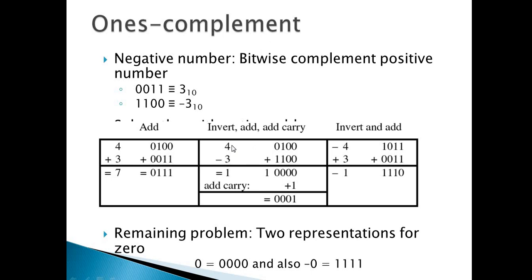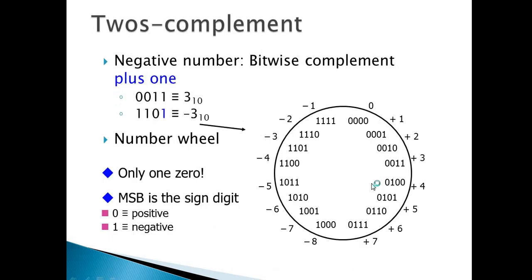So in ones complement, 4 minus 3, I will consider it as 4 plus minus 3, and I will add the ones complement of 3 to 4, and I will get the result as 0001. 4 minus 3 will be 1. Similarly, minus 4 plus 3, here 4 will be written in sign format, take its complement, so it will become 3 plus minus 4, and I can do the subtraction.